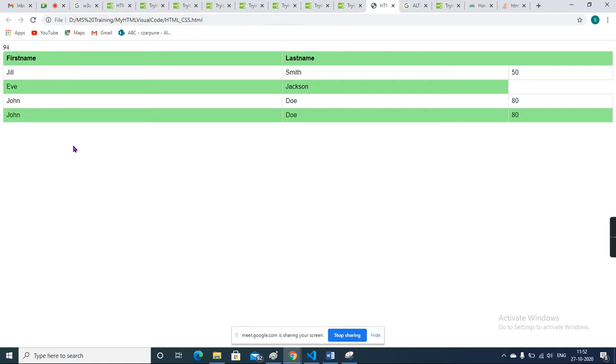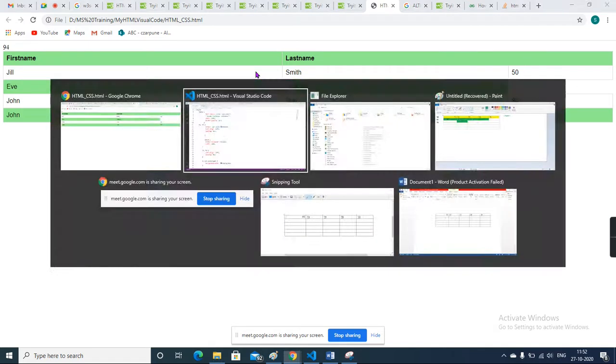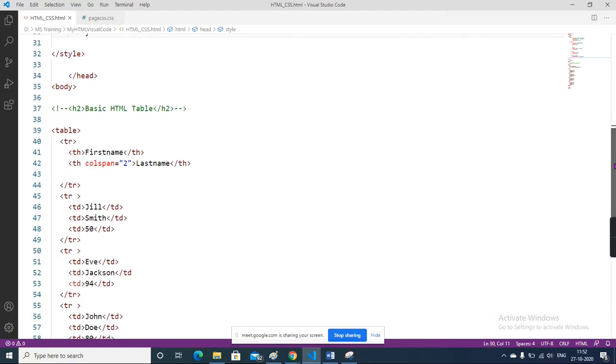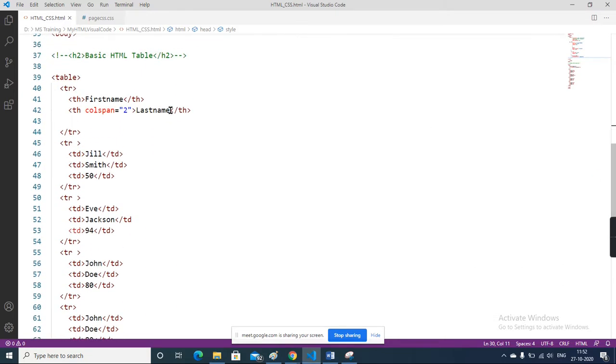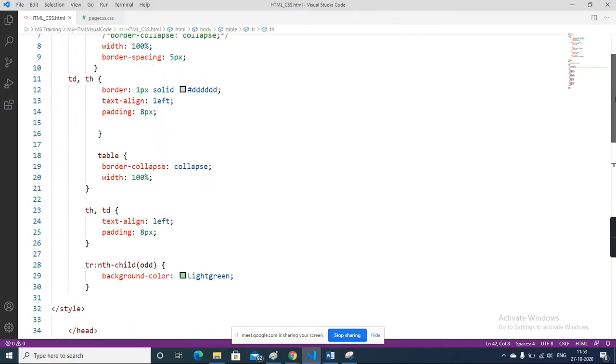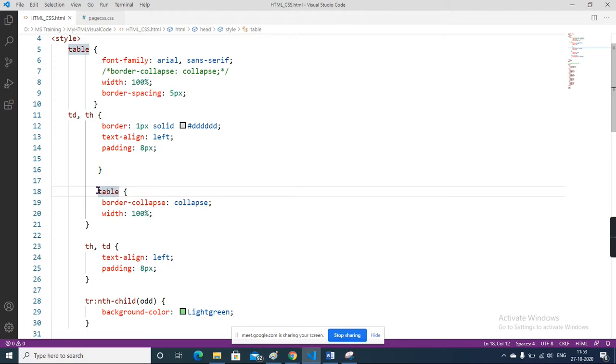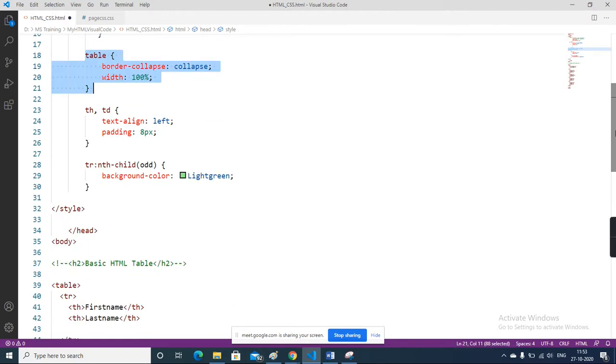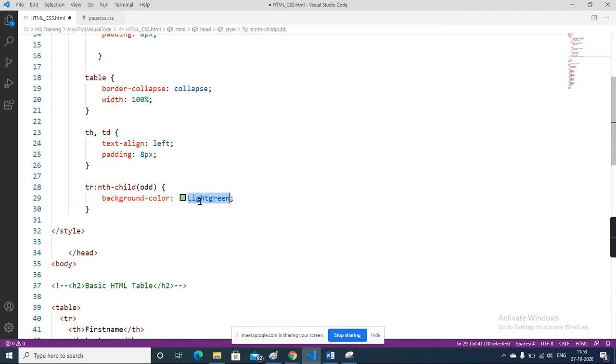You can see the alternate coloring is applied here. You don't see the change here because we changed the colspan and those things. We need to check why it is not applicable here. Maybe the colspan is there. Yes, my colspan is there, that's why. So to become a developer, it's not a big task. You just need to understand the concept. I understand that this CSS is for the table, and this is the background color for nth-child odd. If you want to change the coloring, you can change it.